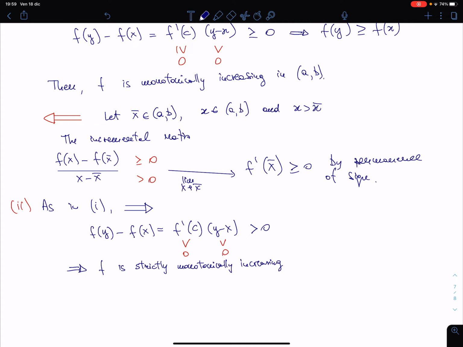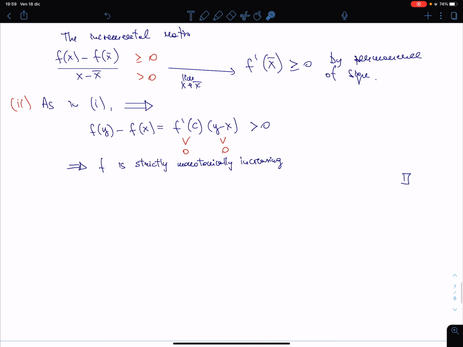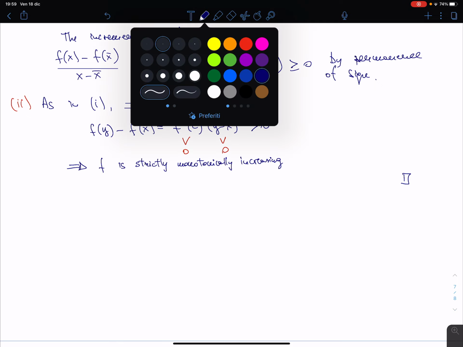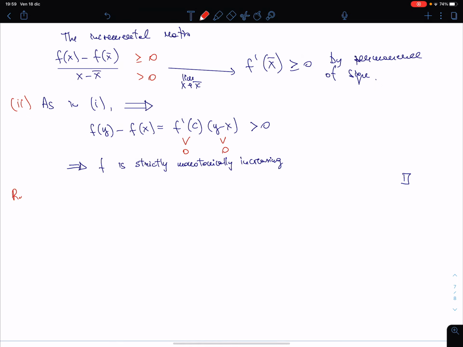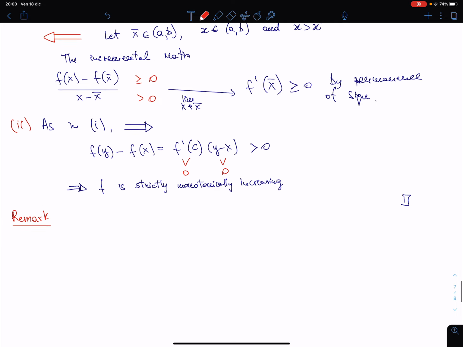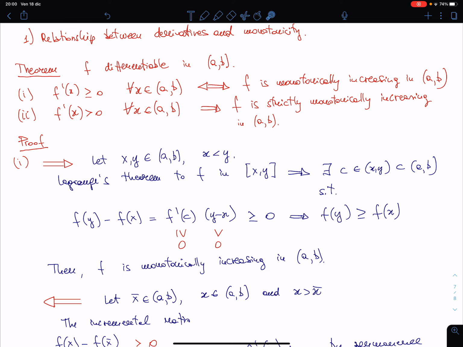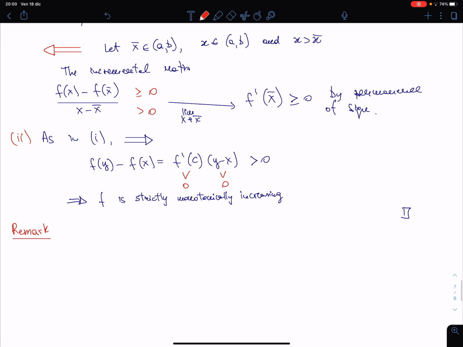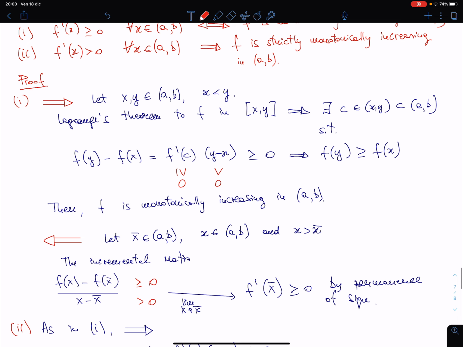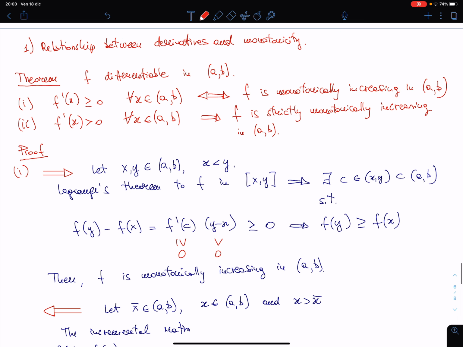And so we will mainly use this part of the theorem, the second part of the theorem, in our study of function. So let me give you a remark. The remark says that the last arrow, the arrow I pointed to, cannot be inversed. This is wrong. So the remark says that f, so I can copy it from here,